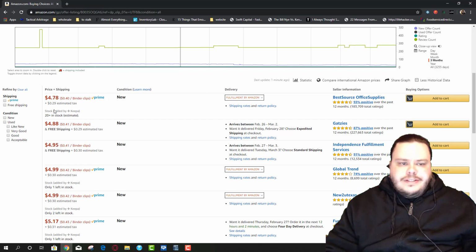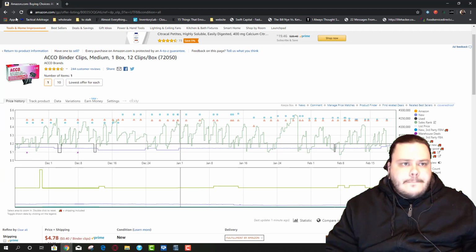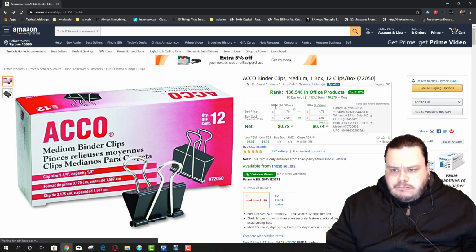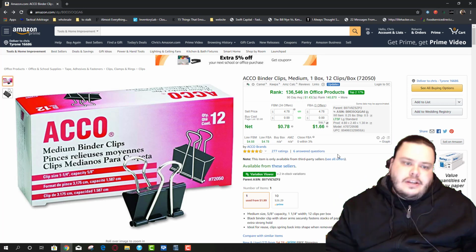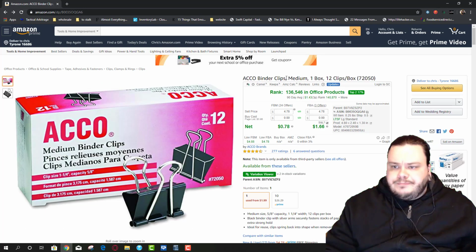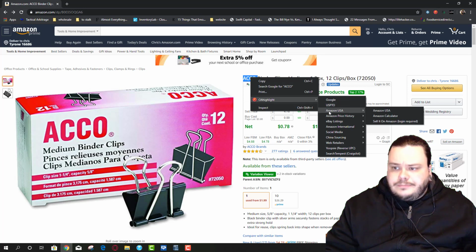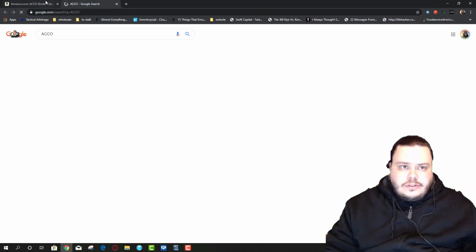This is a $5 item. 478. Okay, so right off the bat, this is why this works. Echo medium clip binder. Let's just search this. This is an OA highlight. Now let's search this.